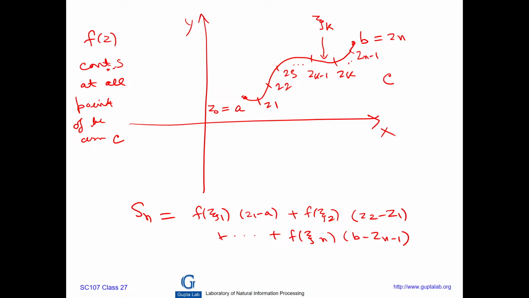So for each xi, we take the value of the function times the subinterval. Xi1 is somewhere here, xi2 is somewhere here, and so on, so you have all these points. I can compute this sum. Then I take the limit as n tends to infinity. That should give you something, which we call